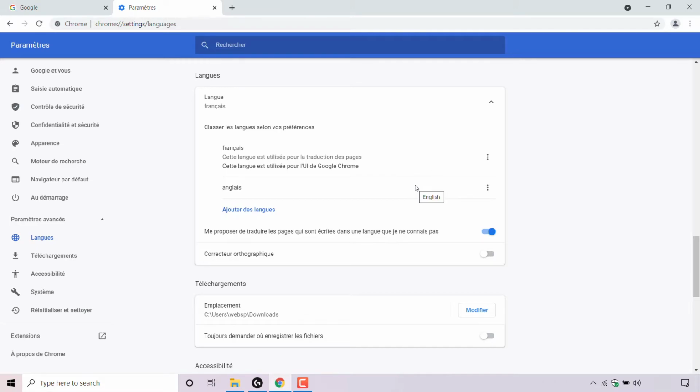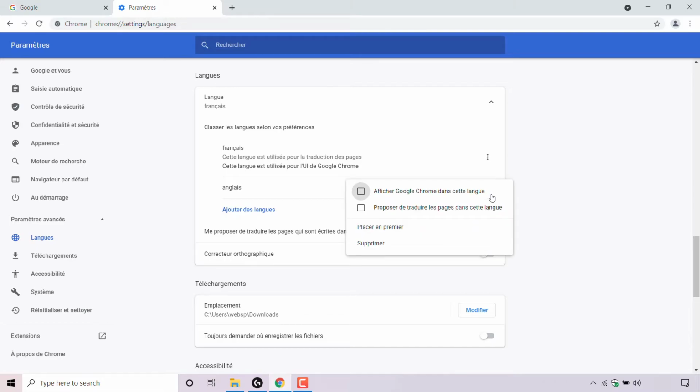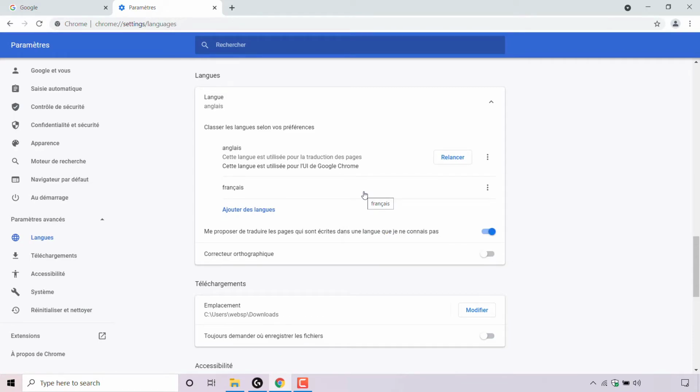To select your added language, guys, look for it. So as you can see, for me, it's right here. Look to the right hand side. Left click on the three vertical dots and you'll be greeted with two options here with empty white boxes right next to it. We're going to be going with the first option here, so simply check mark this box for the first option, which basically says display Google Chrome in this language. This will then change your Google Chrome user interface into your chosen language,